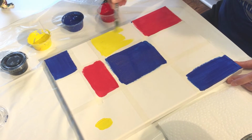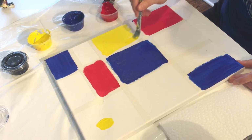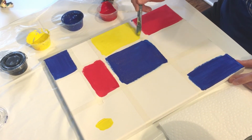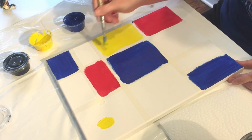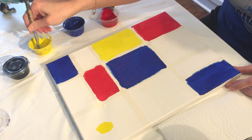Actually, we have one more step before that. We're going to paint our black squares, and we're going to then remove the masking tapes and paint our lines in black. So let's paint our